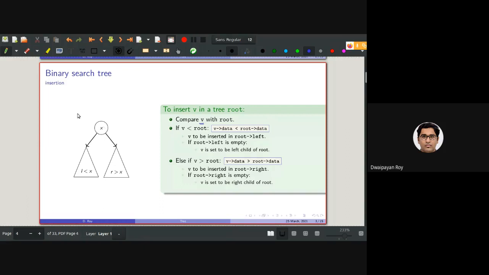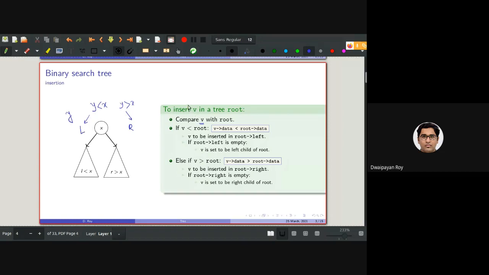X is in the root. If I want to insert, say, Y, I need to check the relation between Y and X. If Y is less than X, it will be going in the left direction. If Y is greater than X, it will be going in the right direction or right subtree.